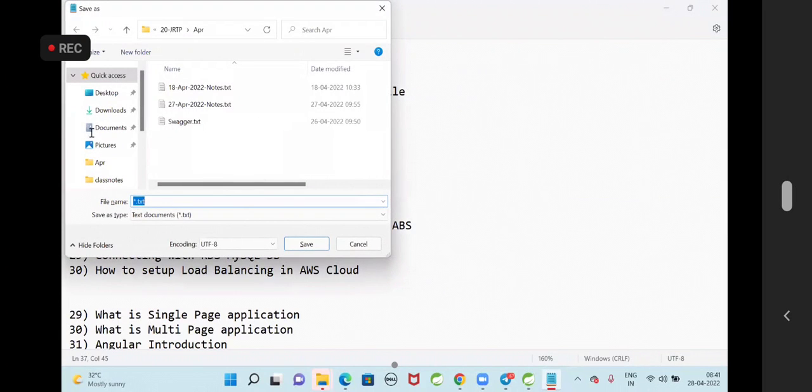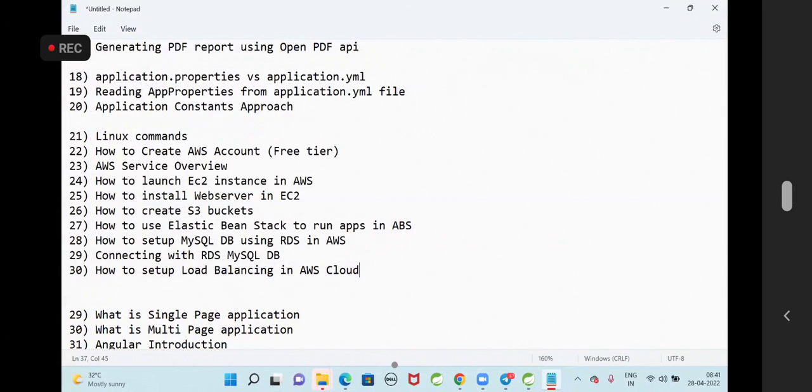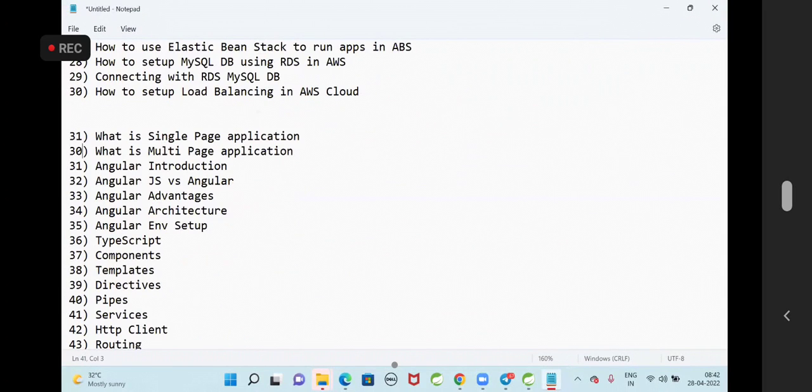Then coming to the Angular part, we discussed something related to front-end development also. What is a single page application? What is a multi-page application? Angular introduction, AngularJS versus Angular, Angular advantages, Angular architecture, Angular environment setup, TypeScript we discussed, how to use TypeScript modules we have discussed, and how to develop Angular applications, and Angular components,